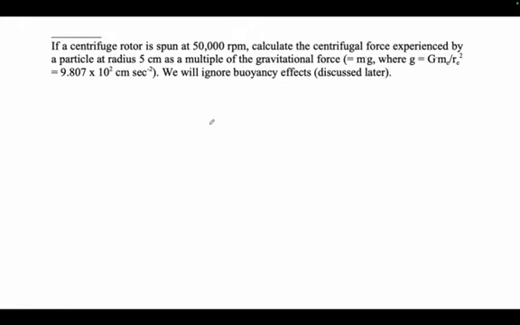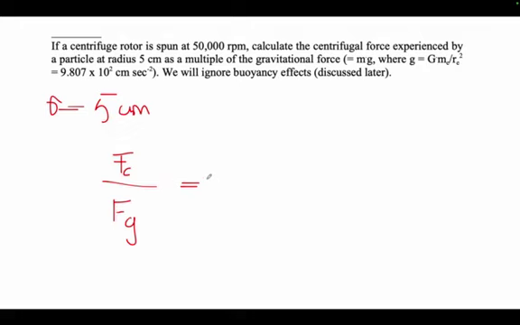So for example, if we do this numerical: a centrifugal rotor spun at 50,000 rpm. Calculate the centrifugal force experienced by the particle at radius 5 centimeters, as a multiple of gravitational force mg, where g is 9.8 into 10⁻² centimeter per second. So basically what they're asking is what is the ratio of centrifugal force to gravitational force,